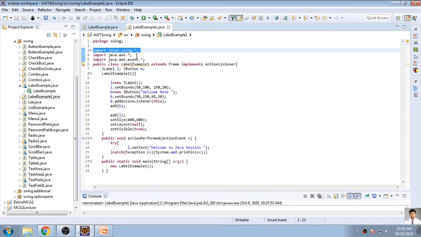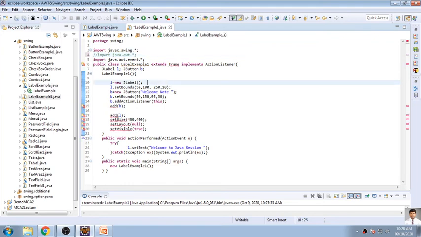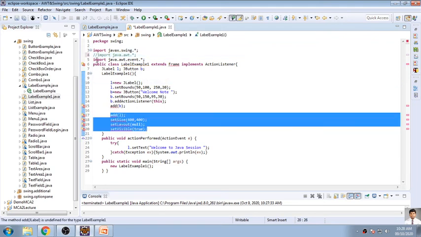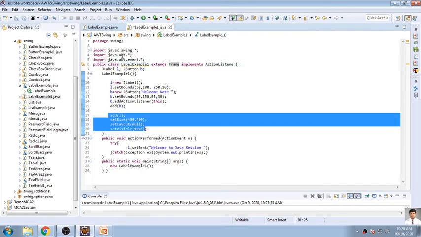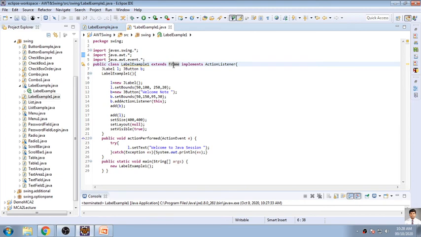So the simple example we have done is that I have used the Swing component. I have also imported the AWT package. I have given a comment over there: these functions are from AWT. Yes, because I have extended Frame, so there is no JFrame, it is Frame. That's why it is asking for this. AWT contains Frame, so that's why I have imported it.